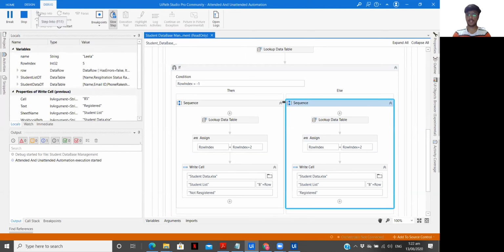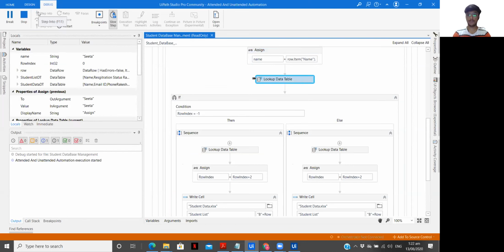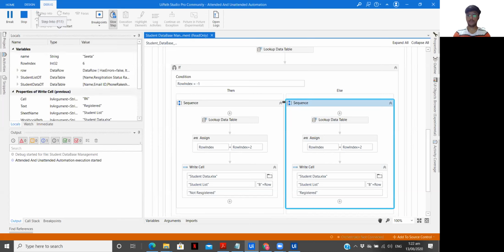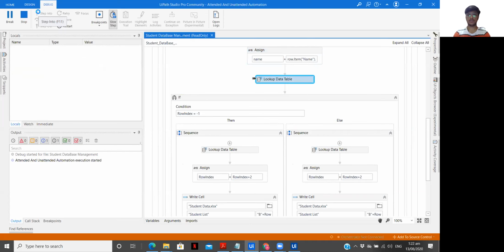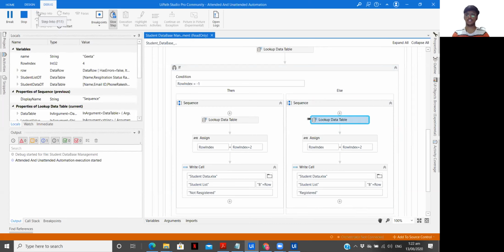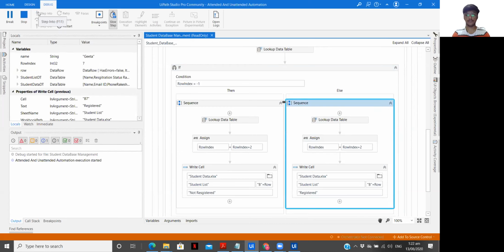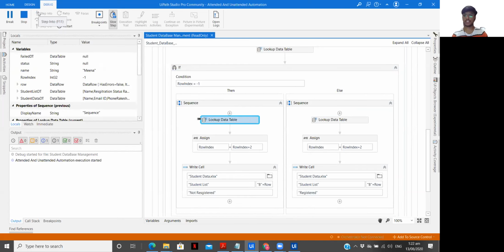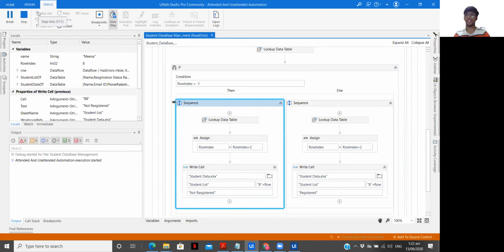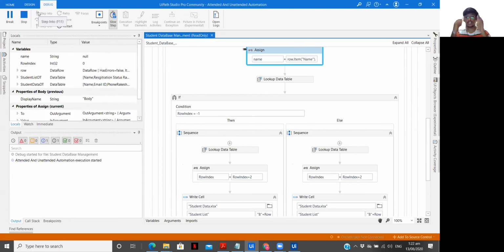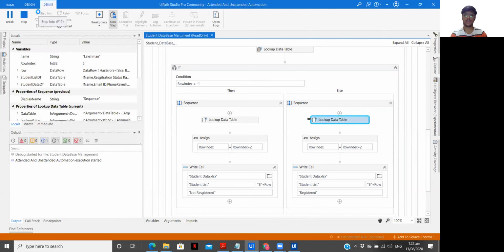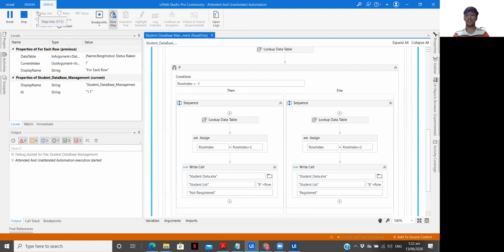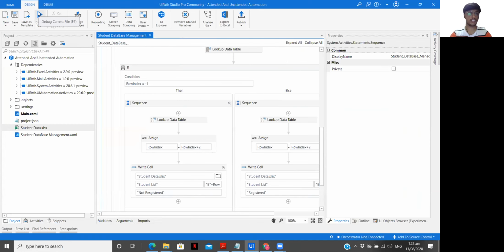You can see now, if the value was matched, it matched it as registered. If not, it will go in not registered. Okay, again we got one registered value. We will check that manually as well, but that is not required in a real business use case scenario. So this is how you can use it. Let me give you a proper business use case of this. If there is a class or a college who wants to check whether the students' ID details are registered or not, and they have the data in some similar kind of format, they can just easily use this workflow and get the complete output. So the workflow is completed.